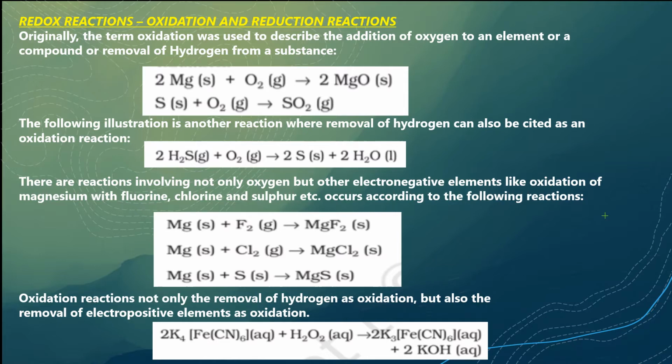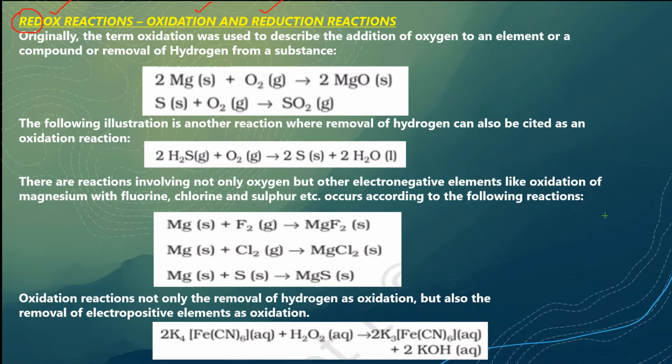redox reactions. As the name suggests, they are oxidation and reduction. Redox, RED is for reduction and OX is for oxidation. So such reactions in which oxidation and reduction reactions are taking place are called redox reactions. We need to understand first of all what is the meaning of these terms, oxidation and reduction, and I'm